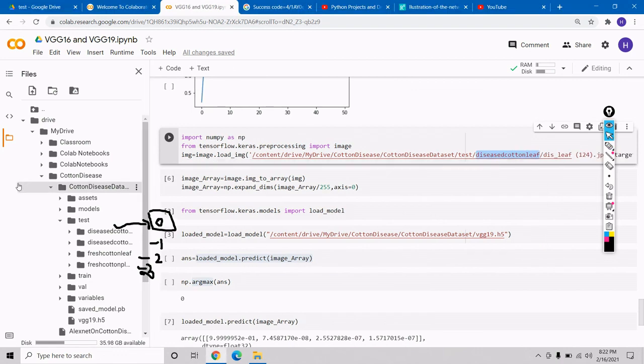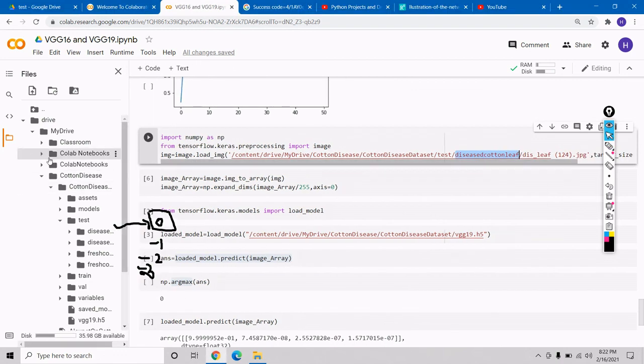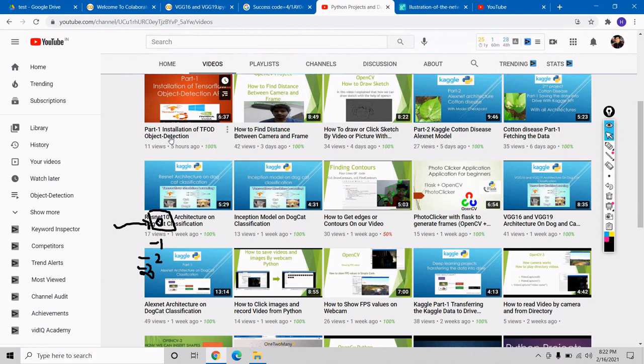So this is all about this video. Now we are going to start our object detection also. For object detection, we will try to solve with TFOD and YOLO, with each architecture in object detection. For now, we are just installing our TFOD.